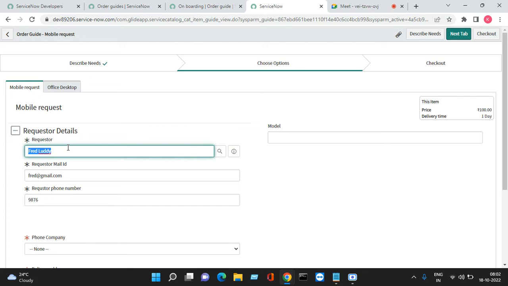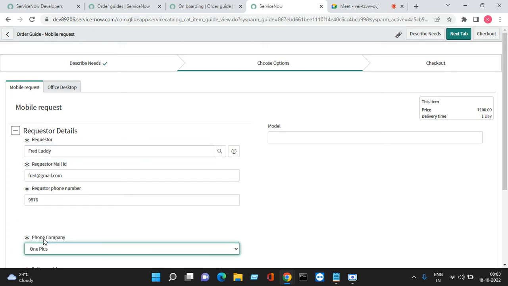So if the user has the same fields, the values will be automatically copied to the same variables. That's the advantage. So I'm just going to fill in the phone, company, Apple,